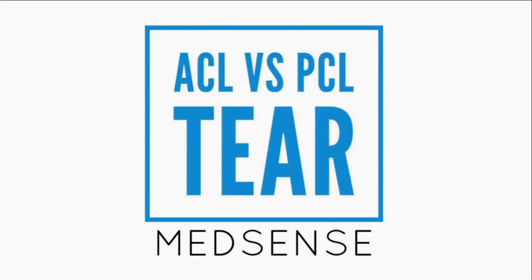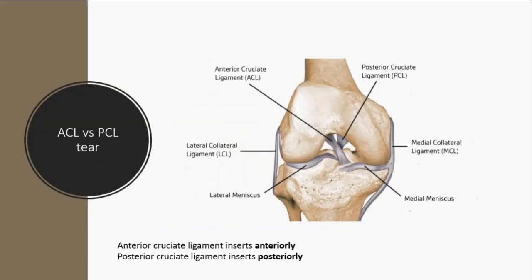So the anatomy of anterior cruciate ligament and posterior cruciate ligament tears can be a bit confusing for some students, because we tend to always forget which one is the anterior and which one is posterior, because they're in a crisscross formation. But the key is to understand that the anterior cruciate ligament gets its name because the ligament will insert anteriorly onto the tibia, whereas the posterior cruciate ligament gets its name because the ligament will insert posteriorly